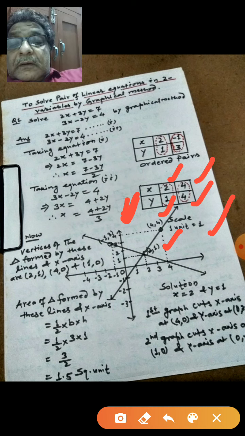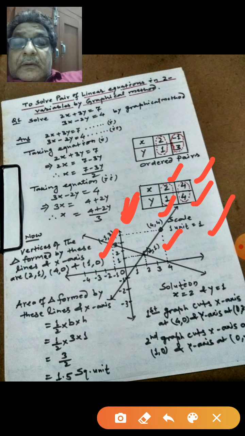minus 1, 3: x minus 1, y 3, this one. So these two are the points for the first equation. Just setting them against a ruler, we will draw a line, and similarly for the second,